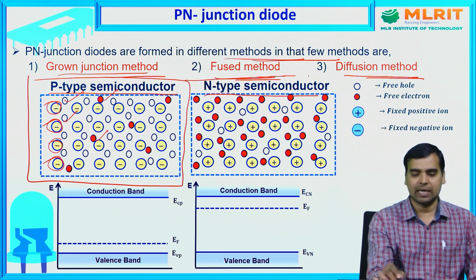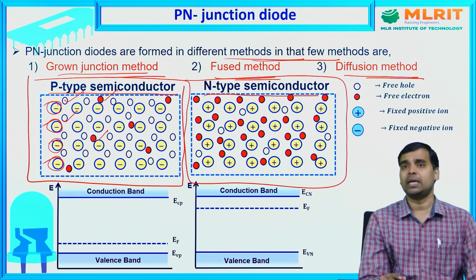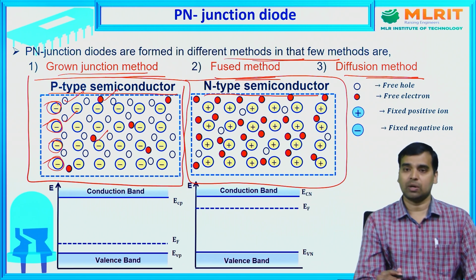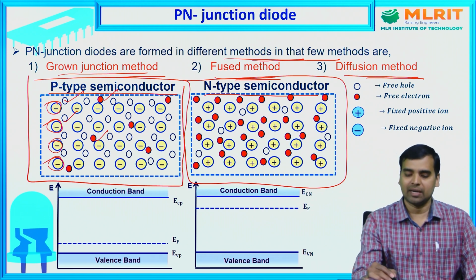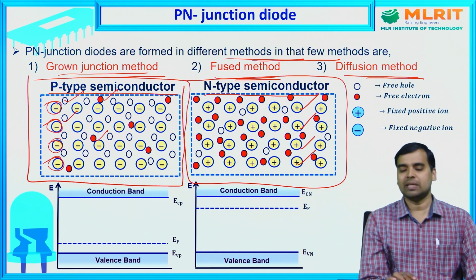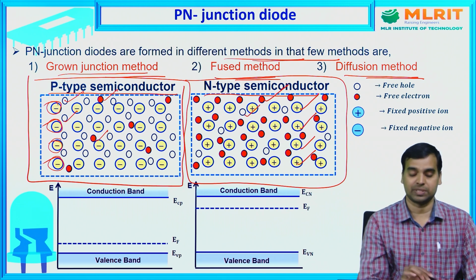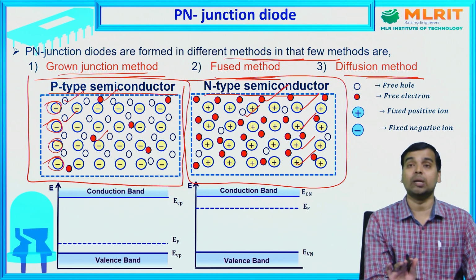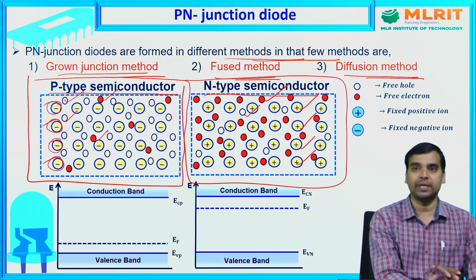Now, when it comes to the n-type semiconductor, the right side image, we add pentavalent impurities. Pentavalent impurities are also called donor impurities, so those pentavalent impurity atoms donate electrons to the semiconductor material. After donating, those impurity atoms behave like positive ions. Apart from these ions, there exist free electrons as majority carriers and free holes as minority carriers. Of course, these electrons and holes are mobile charge carriers, but these ions are immobile, fixed, and cannot move. These are the charged particles in p-type and n-type semiconductors.